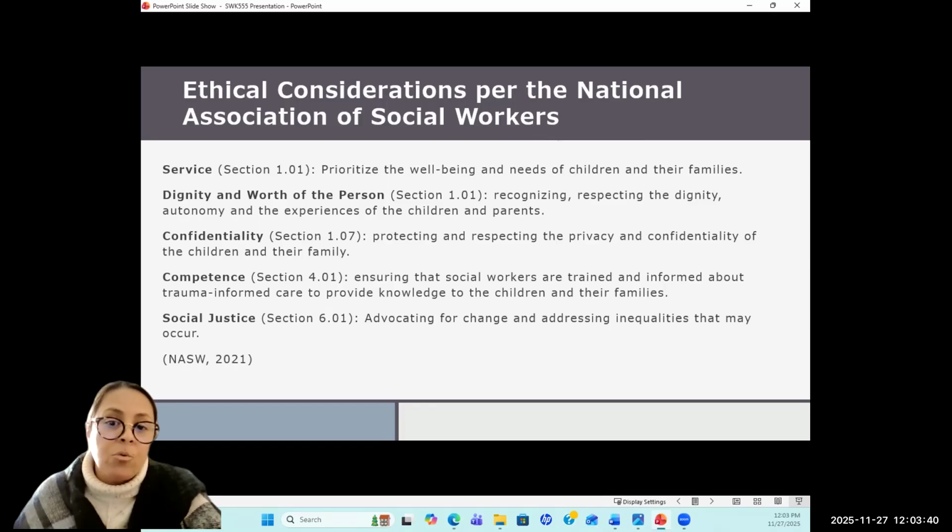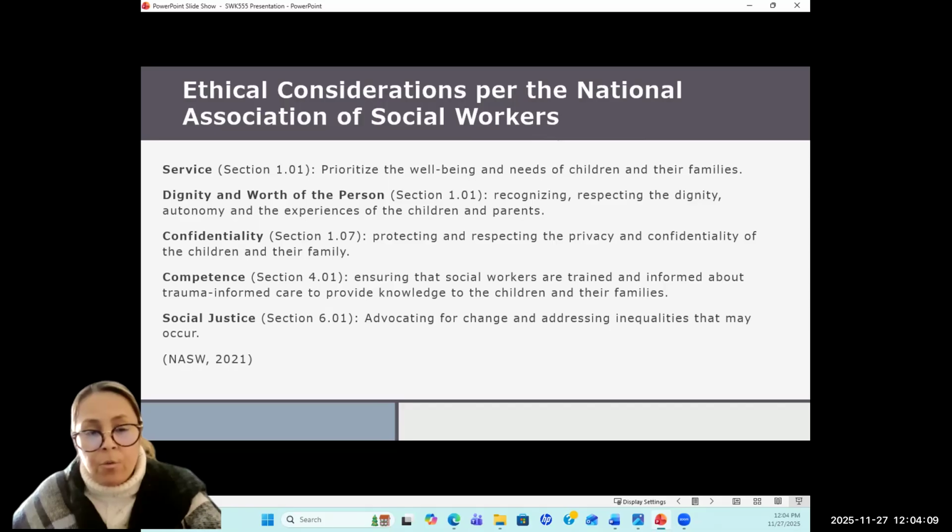Competence, ensuring that social workers are trained and informed about trauma-informed care to provide knowledge to the children and their families, being able to give encouragement and knowledge on the things that are needed and how to process. Social justice, advocating for change and addressing inequalities that may occur.